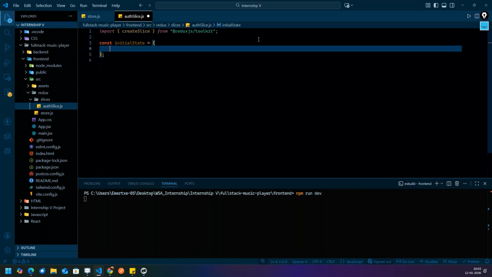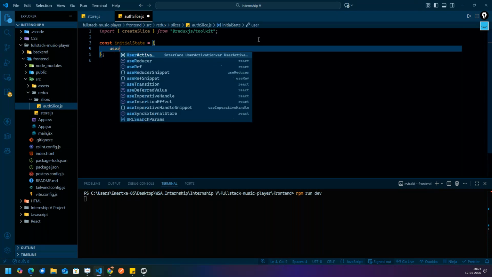Now guys, if you think a little, what things are we getting in the response when we are signing up or logging in, basically when we want to do authentication? So what is the response you are getting? Think. Are you getting the user information?